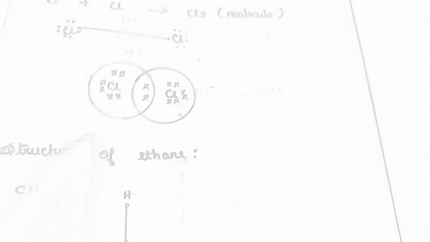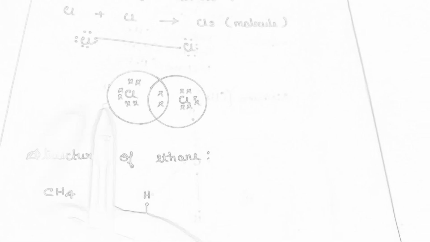So this is one of the bond structures. Now we are going to see the structure of chlorine. If one chlorine and another chlorine combine, it forms a chlorine molecule. I have shown the diagram, and you should be very careful in drawing these dots. For chlorine you need to draw 1, 2, 3, 4, 5, 6 and 7, and for hydrogen you need to draw only 1.